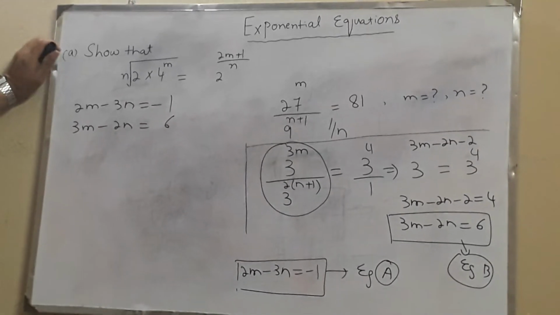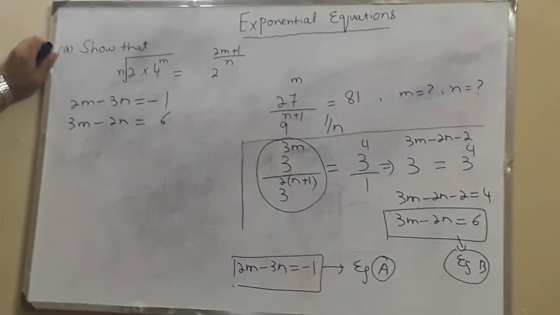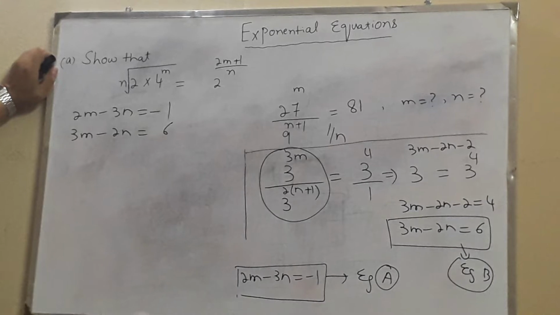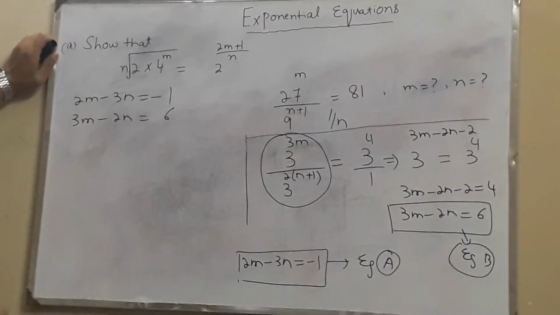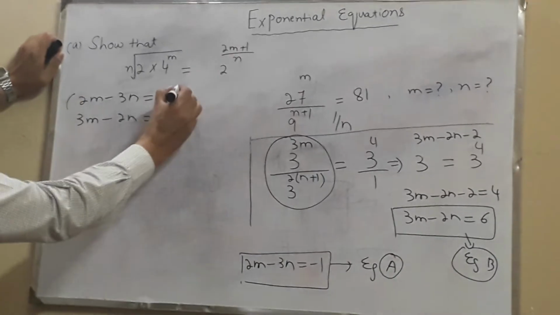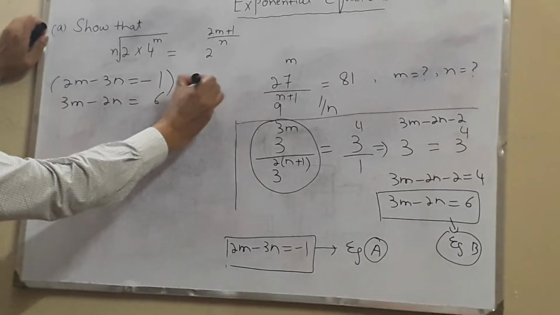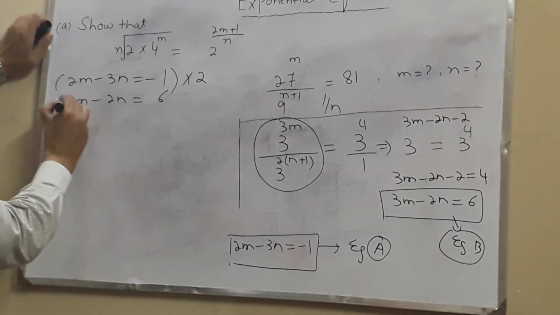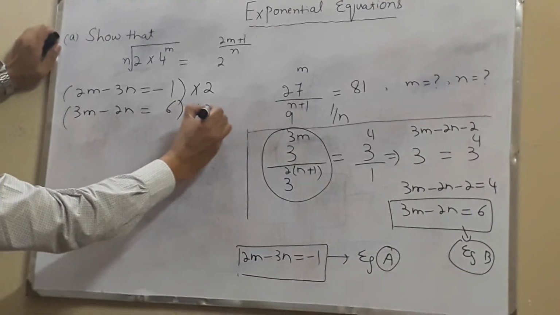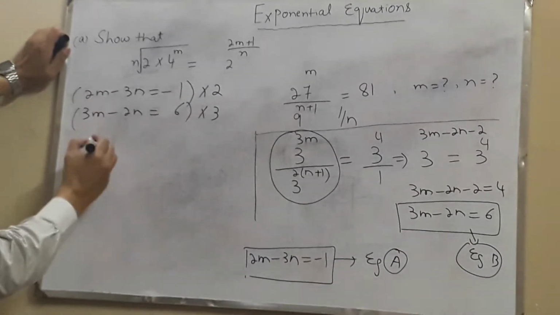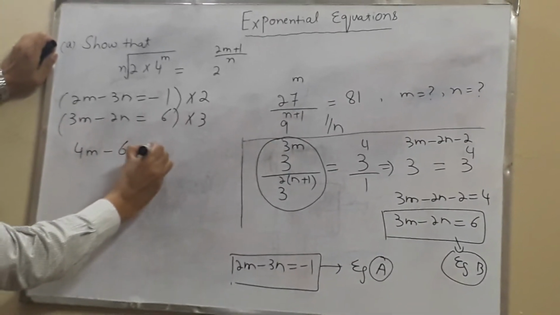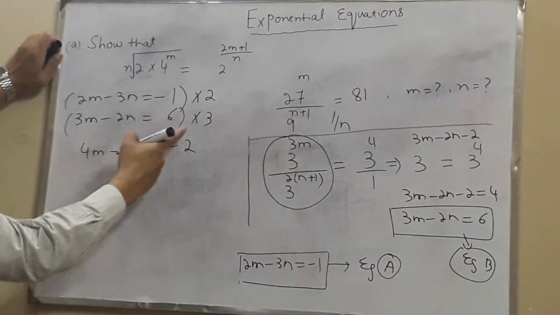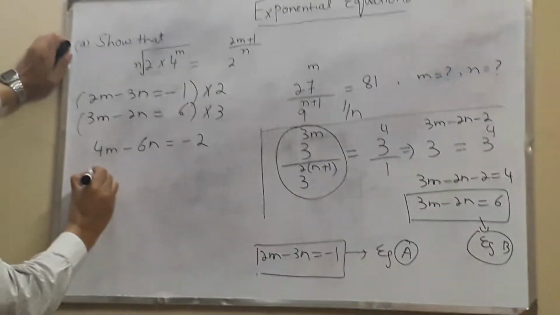We cannot seek the solution of m and n unless we make one variable's coefficient the same in both equations. So let's multiply this equation by 2 and this equation by 3. So this is going to be 4m minus 6n, which is equal to minus 2, and this is going to be